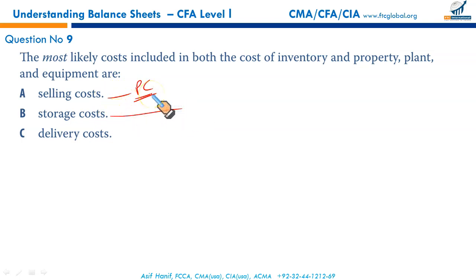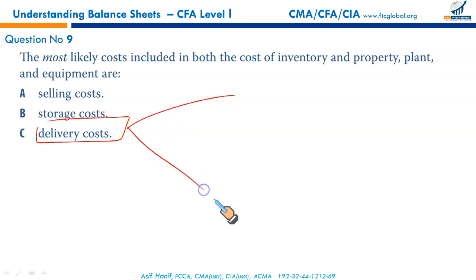Storage cost for you people is a period cost. We don't go into that deep bifurcation where we split storage into material and the finished goods. Yes, this is something that you should know. Delivery cost is capitalized. In case of raw material, when you purchase the raw material, the cost paid for delivery,